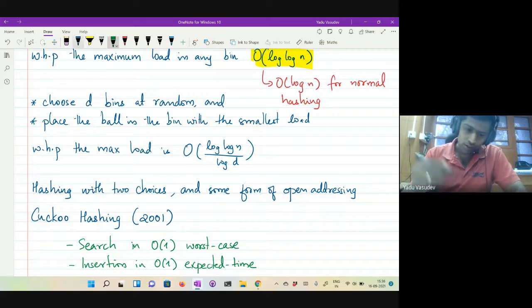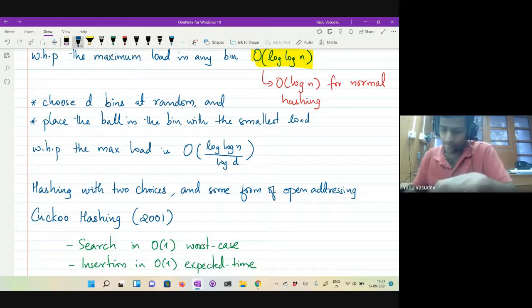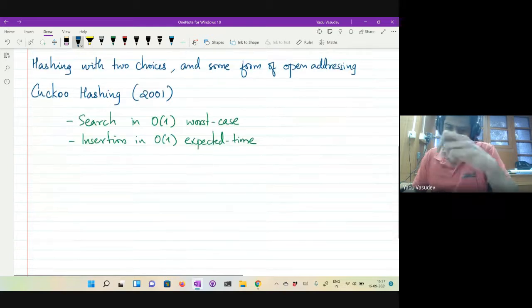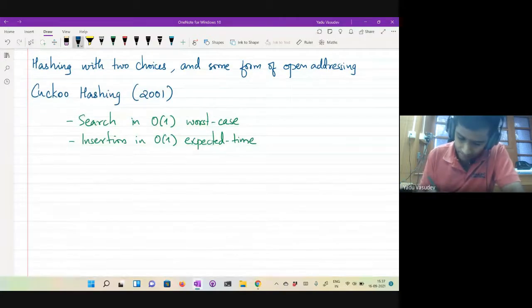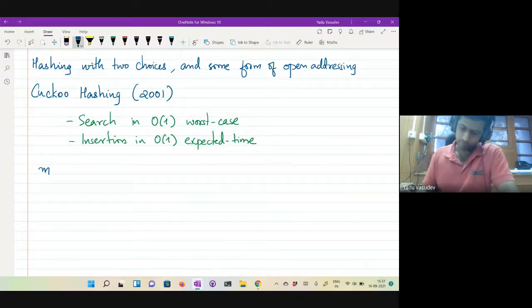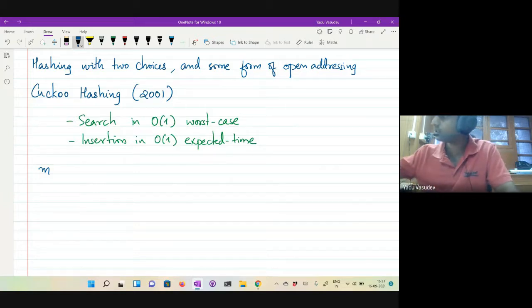All right. So what is the idea of cuckoo hashing? Now what you do is the following. Let me just fix the notation for once.